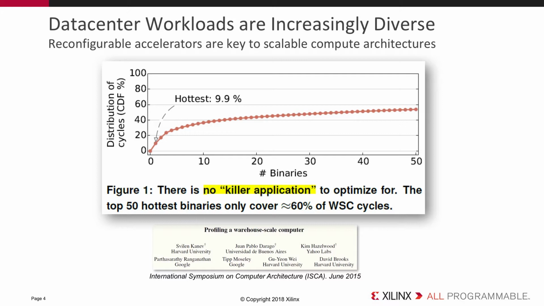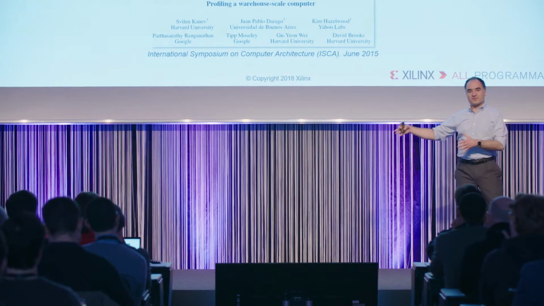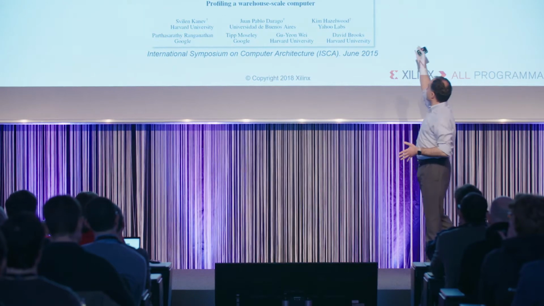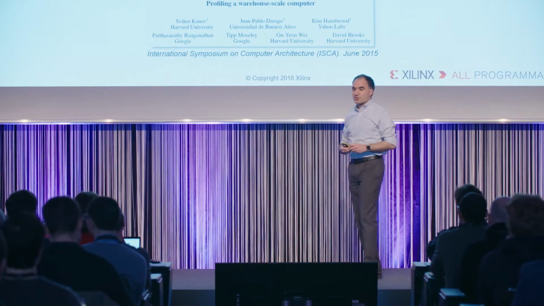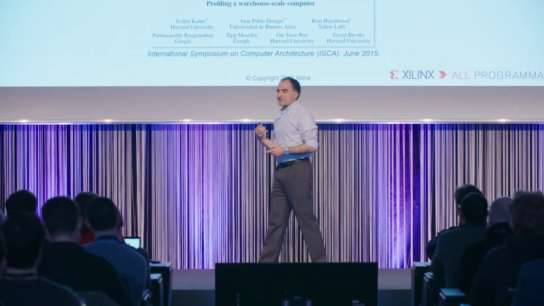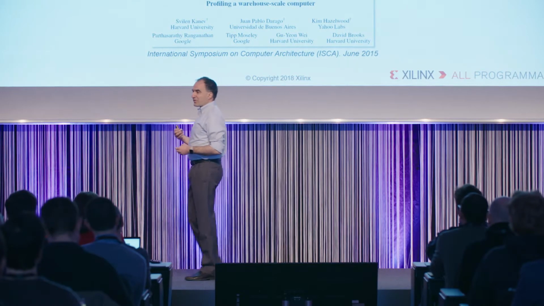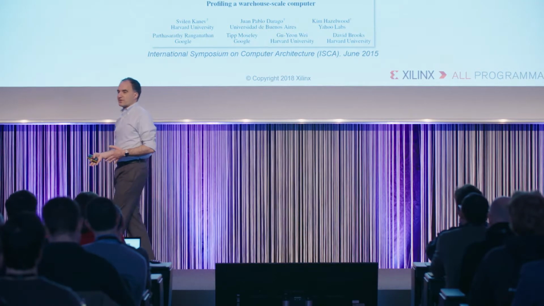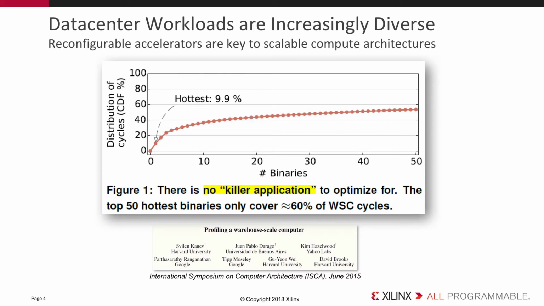So what they also found out in this paper is that in year one, the top 50 workloads were covering 80% of the CPU cycles. And it went down and down and down year after year. And in year 4, as you can see, it's taking less than 60%. So what they're saying is that workloads are becoming increasingly more diverse, and they're changing more rapidly as well.